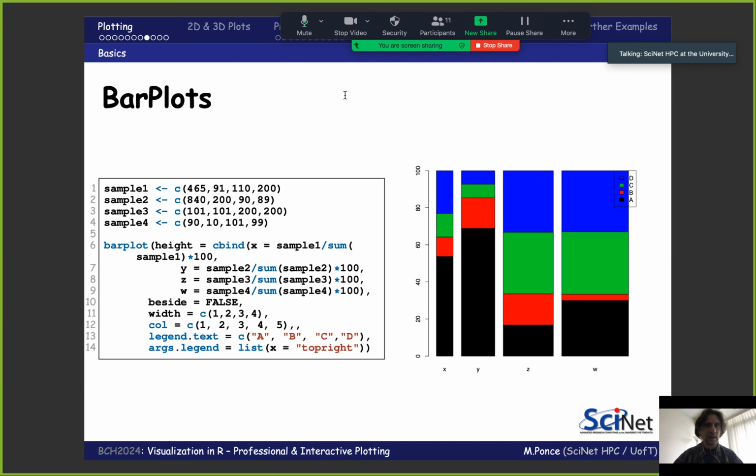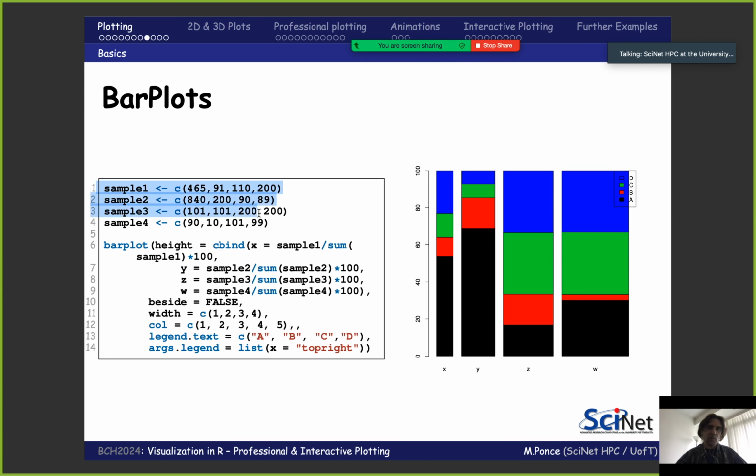Yeah, no problem. Oh, bar plots. This is the one that I just added a few months ago because I have a student doing microbiome studies, and apparently it is used a lot in microbiome, so I decided to add this. But this is the typical plot that you can create even with Excel and so on, so it's nice to see that R allows you to create this and also allows you to control a lot of things. So for instance, in the example I'm showing you here, not only the distribution of colors and categories is given, but also, if you notice, the width of each of the columns, and this is represented here.